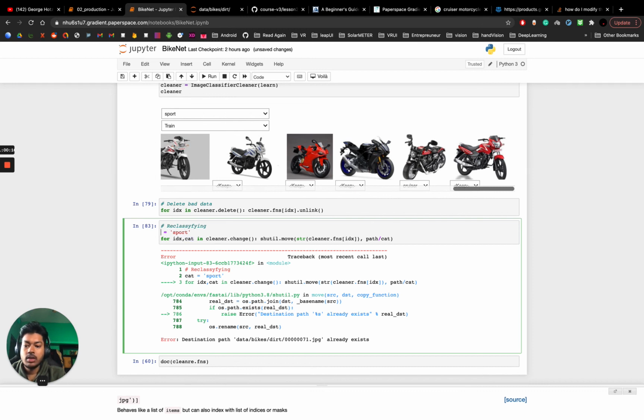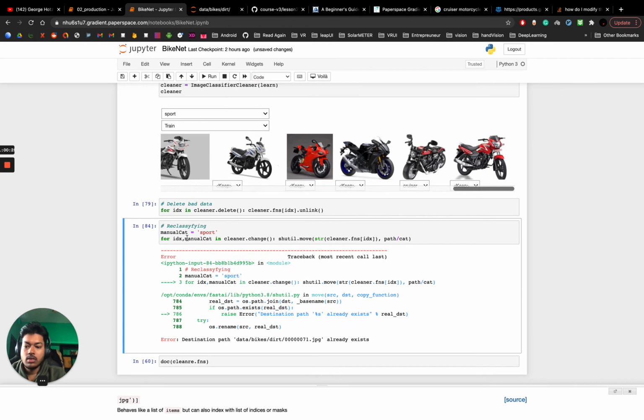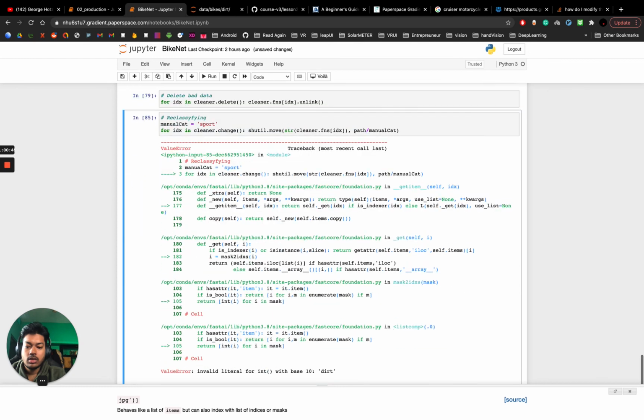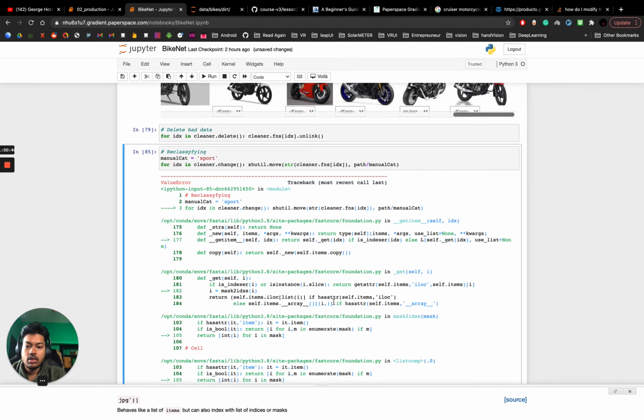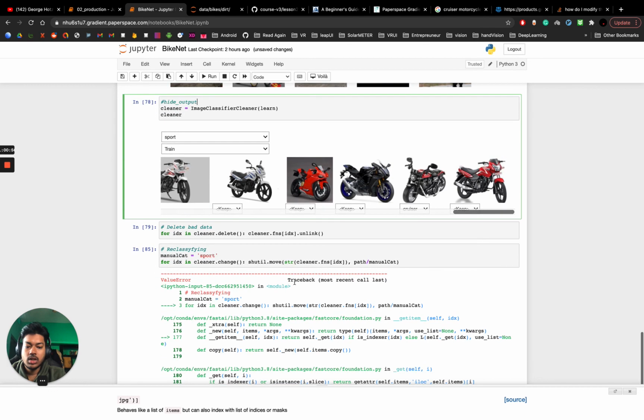This is our manual category. We want to focus at not everything. No, it's not working. For IDs, let's try this. Function path is the path and manual category. Dirt. Okay. I'm not sure what has happened here, but